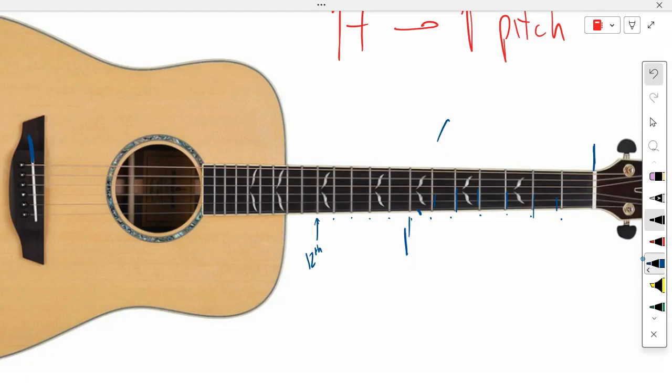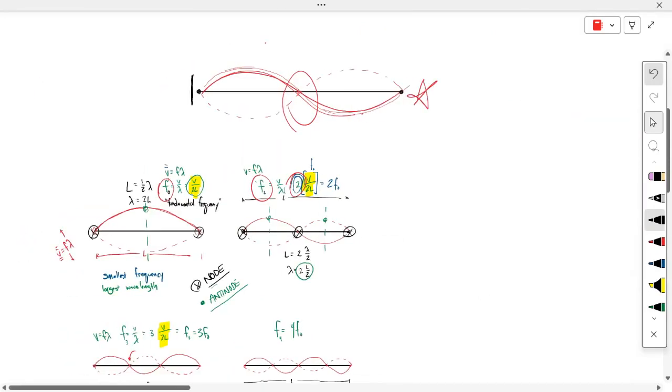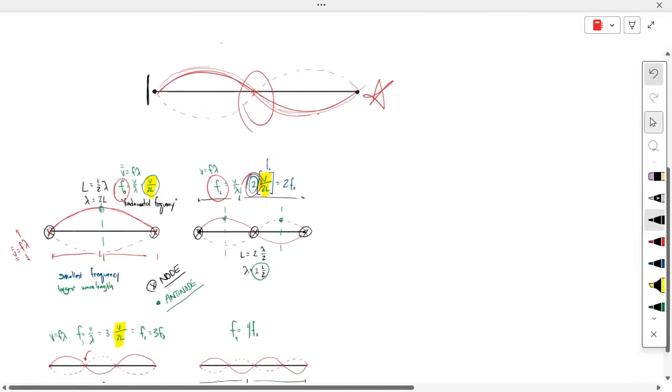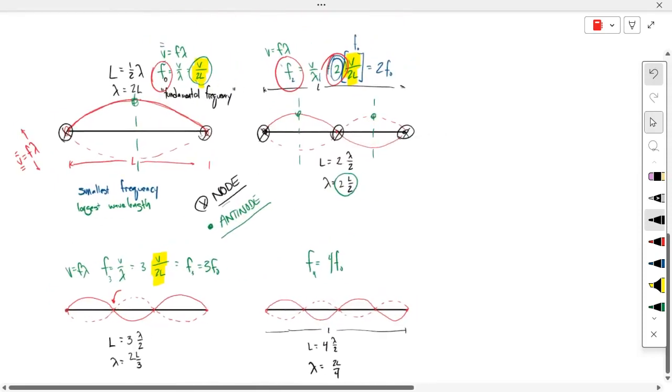So here's what that sounds like. All right, here's the fundamental. Here's the 12th fret right here, an octave up, and here's the 7th fret. Hear that? Here's the fundamental, here's the 12th fret, here's the 7th fret. So I just touched lightly right there, and I went from the fundamental to this next one that we call the